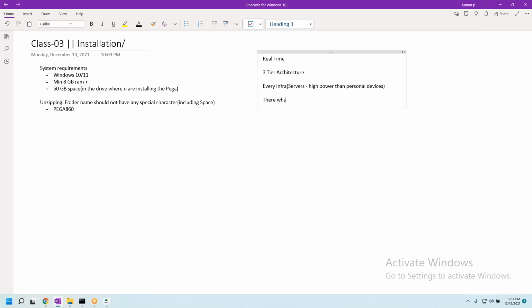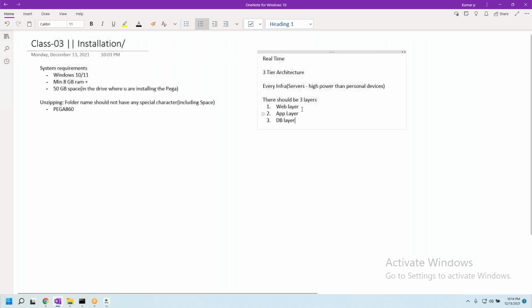there should be three layers. First layer is web layer, second layer is app layer, third layer is DB layer.